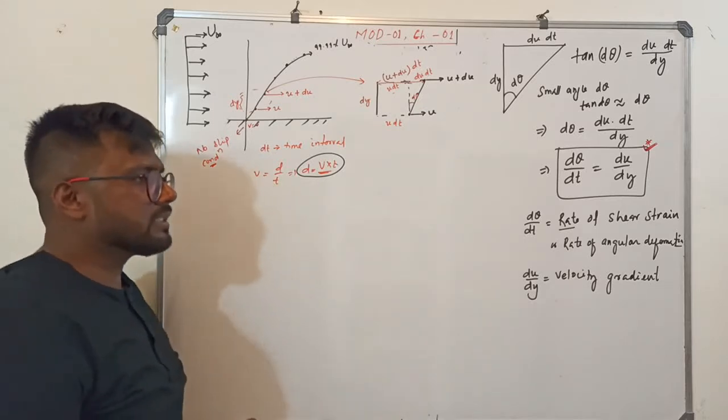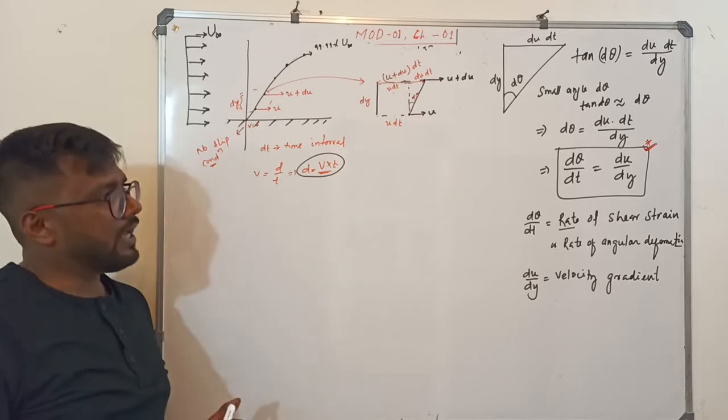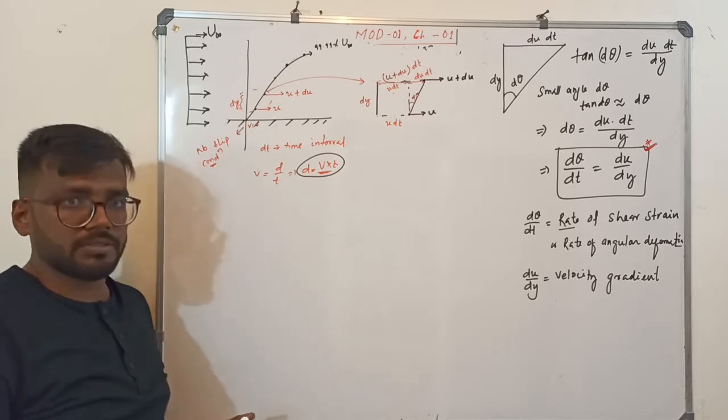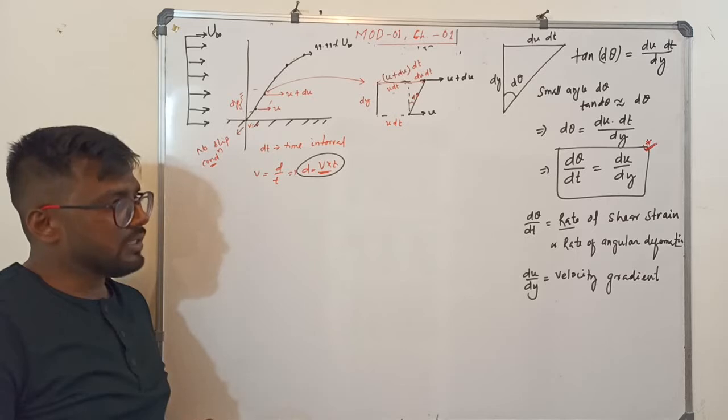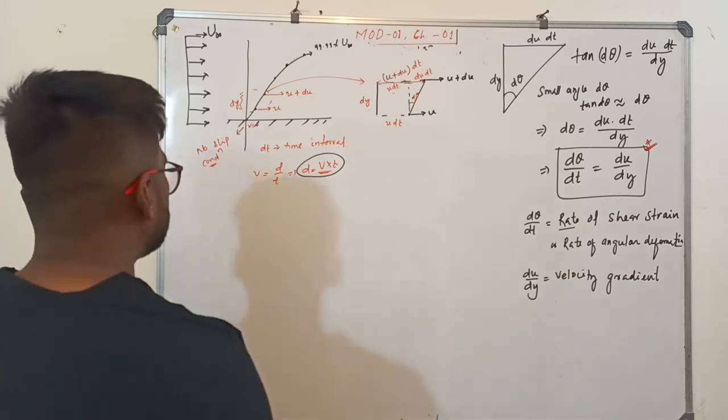Now, sometimes what happens? There are some empirical experiments. People have done some empirical experiments. Okay, that I will come to later. We can study it now also. Okay, some empirical experiments they have done. What have they done?